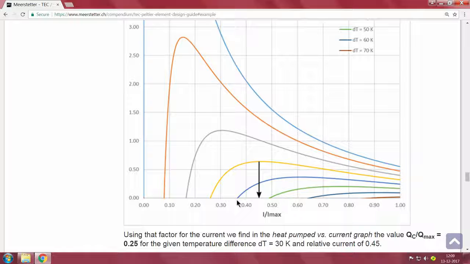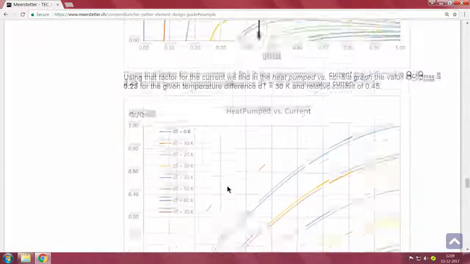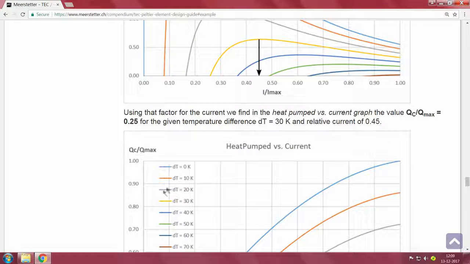Now here you see, using the factor for the current, we find the heat pumped versus current graph. QC by Q max is equal to 0.25. Seen this here. 0.45, you go to 0.25.